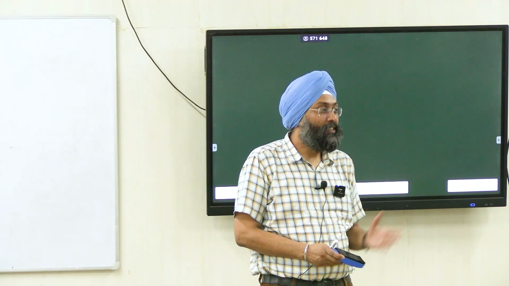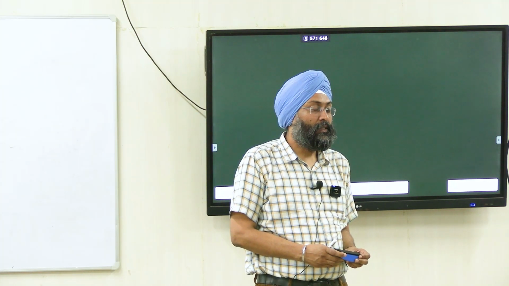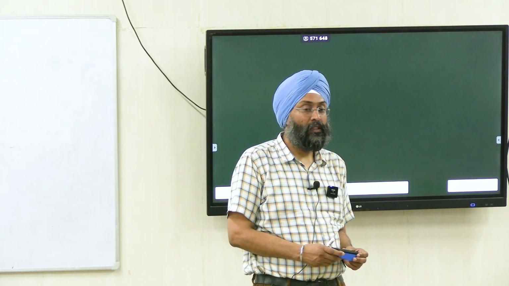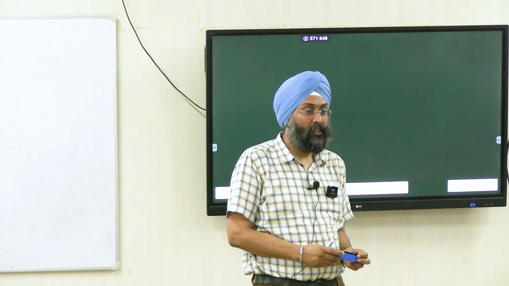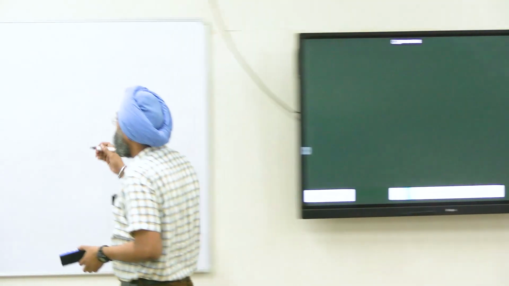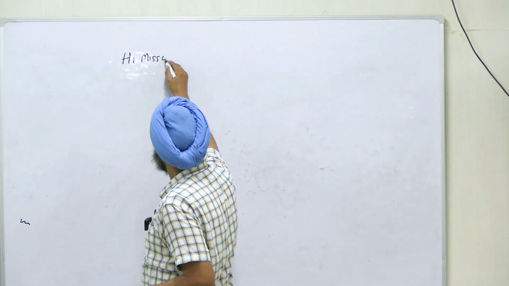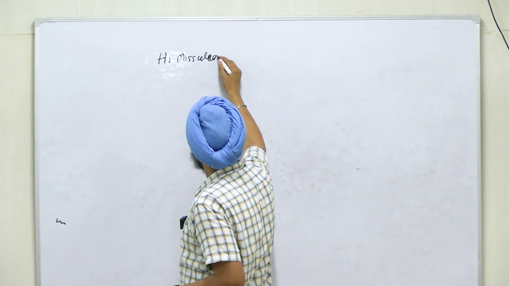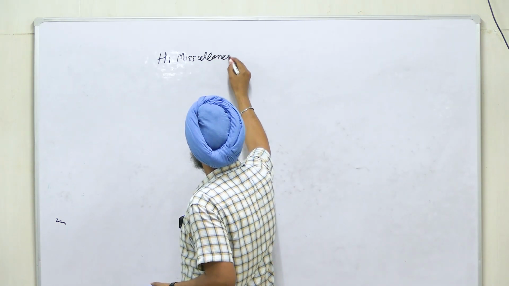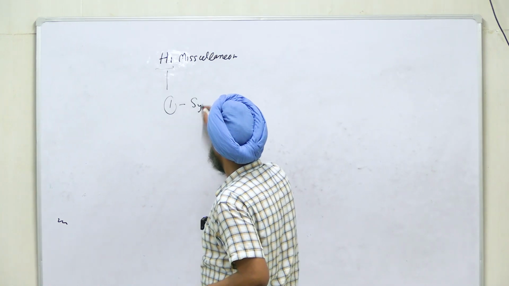HIMS. H for? I for? M for mevalonate. Then C for cholesterol. So it is very difficult to remember the steps. The mnemonic was HIMSC. The first step is synthesis of